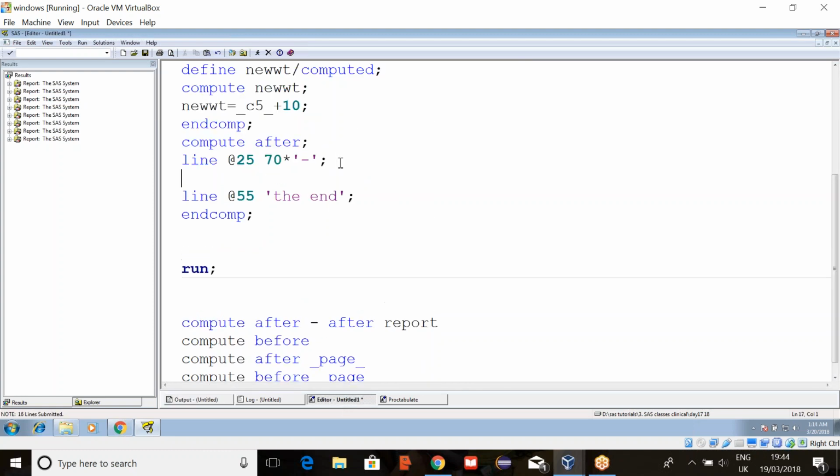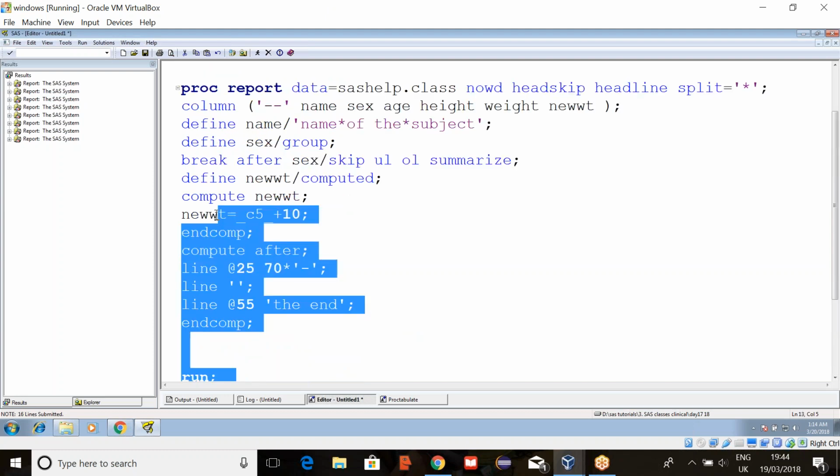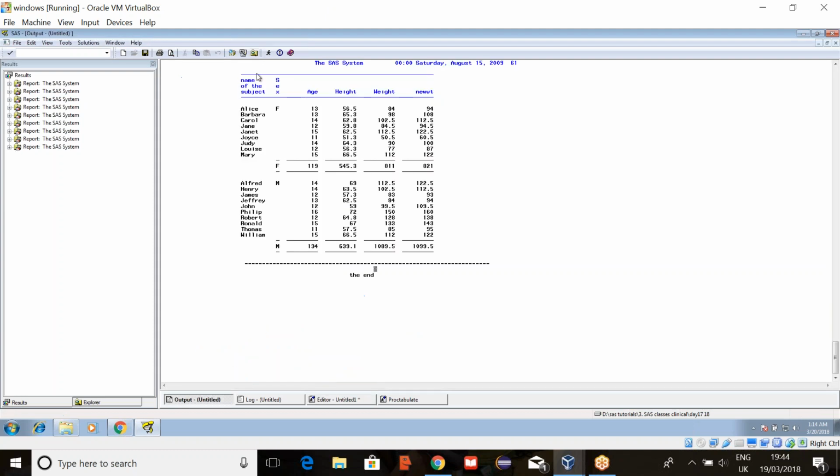So if you want a space here, just write line, space, simply you can give quotations like this. Now, remember we have to give it in an order, whatever order we want. So first I want line and then space and then the end. See? Line, space and then end. This is after the report, immediately after the report.